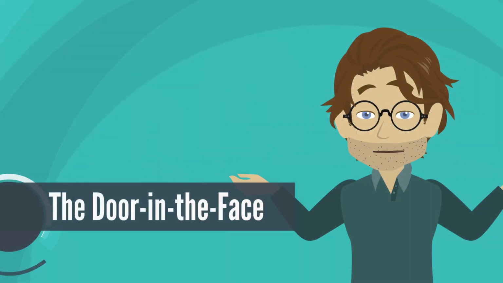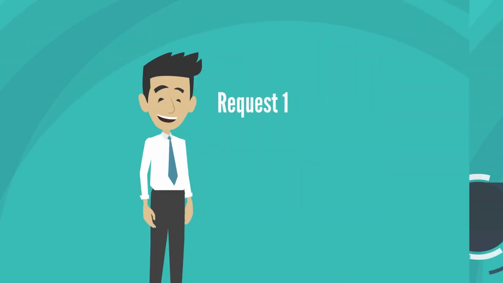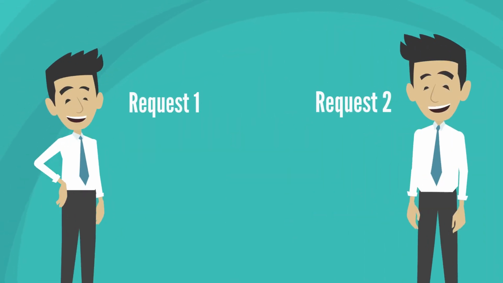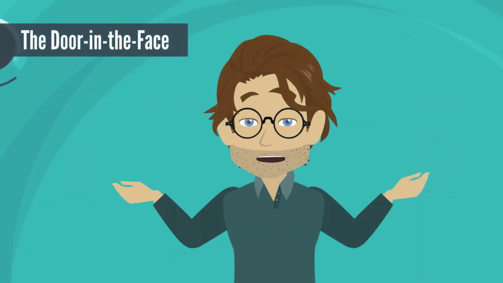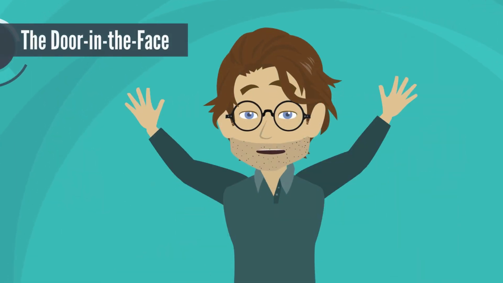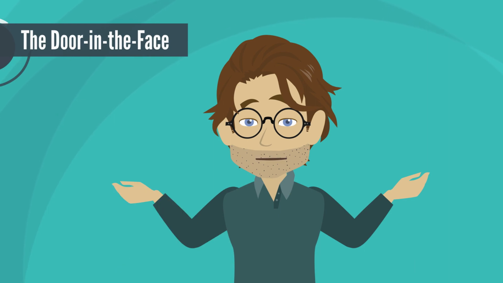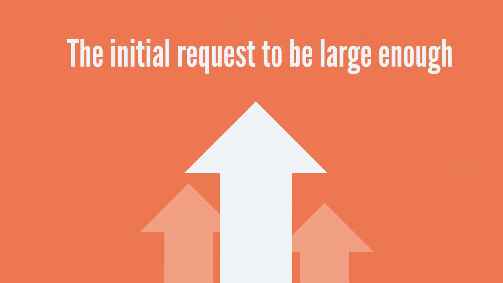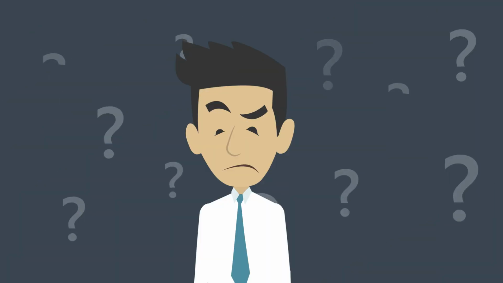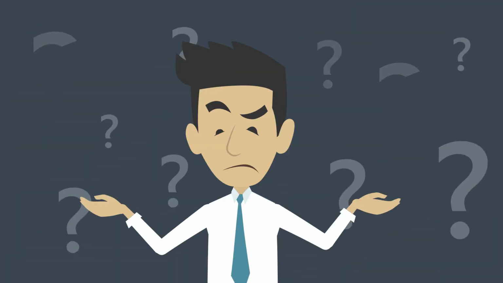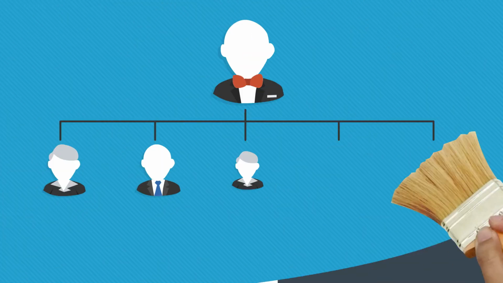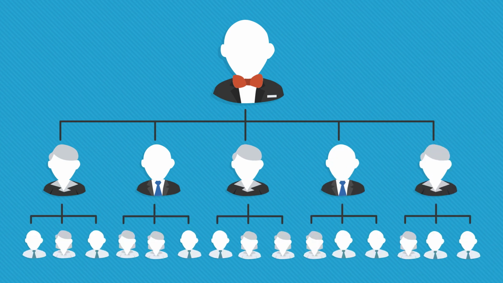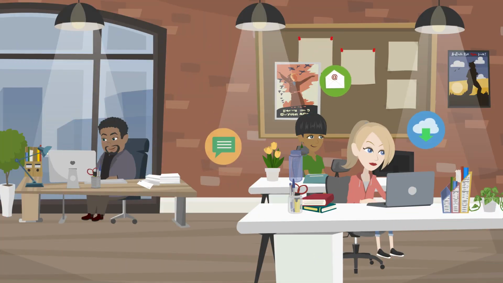The door-in-the-face technique is particularly effective when the two requests are made by the same person, the smaller request is related to the larger one, and the second request is made shortly after the first. Moreover, it is essential for the initial request to be large enough to be refused, but not so outrageous that it alienates the person. This technique has real-world applications across various domains, especially where negotiation or persuasion is involved.